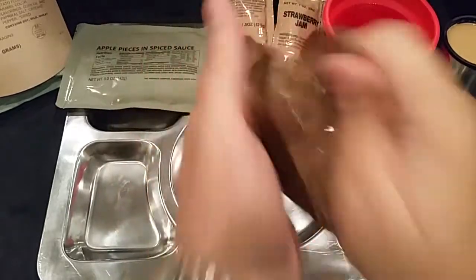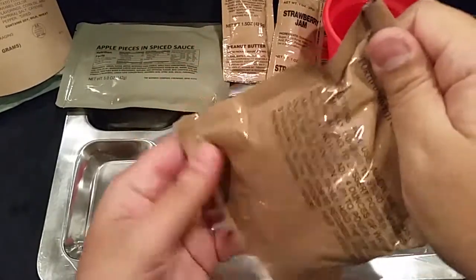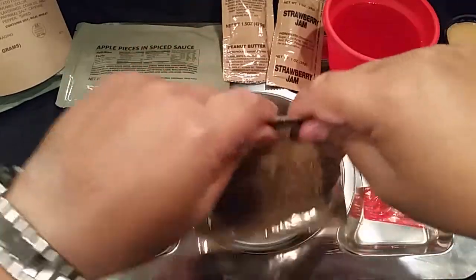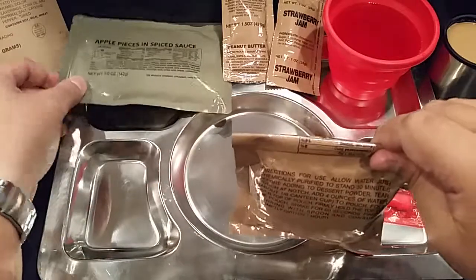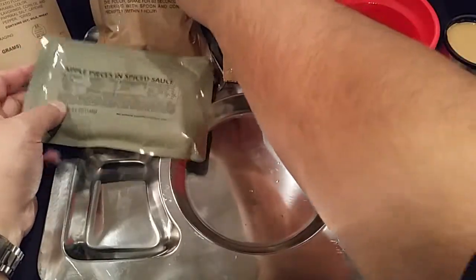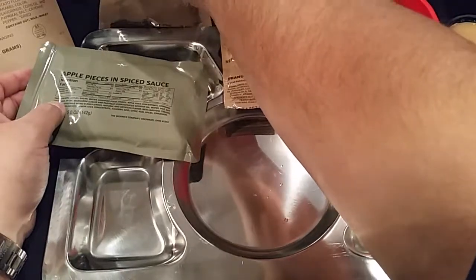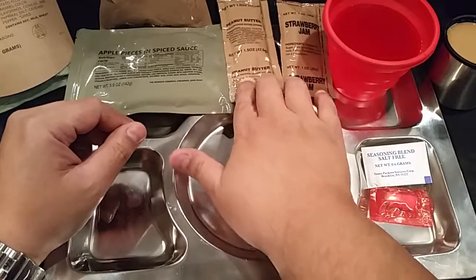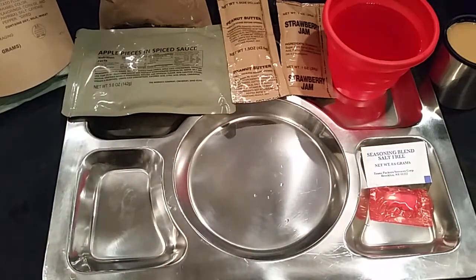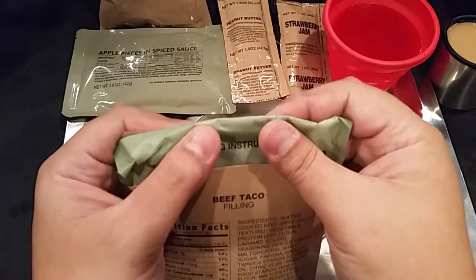Alright, so I can already feel this has thickened up quick. So we're going to place this off to the side here. There we go with our other dessert, our apple pieces and spice sauce. Let's set that there. And let's go ahead and see how we're doing on our